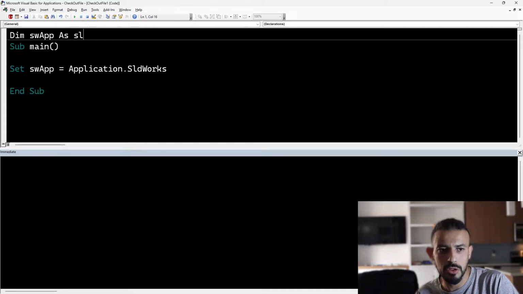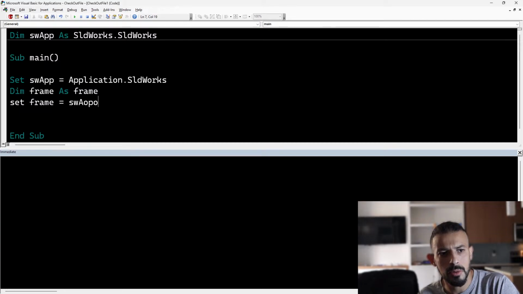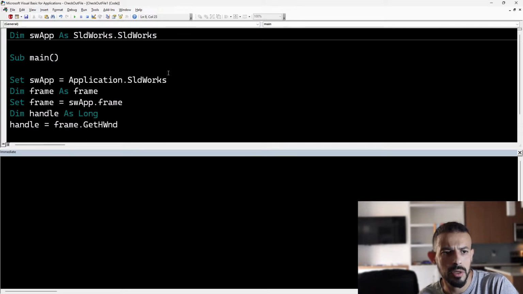Alright, let's attempt to get back to where we were by quickly defining everything that we need to define here. So I'll just define the frame as frame and then set that frame to be equal to SWApp dot frame, and then defining the handle as long, and then handle equal to frame dot get HW wind,